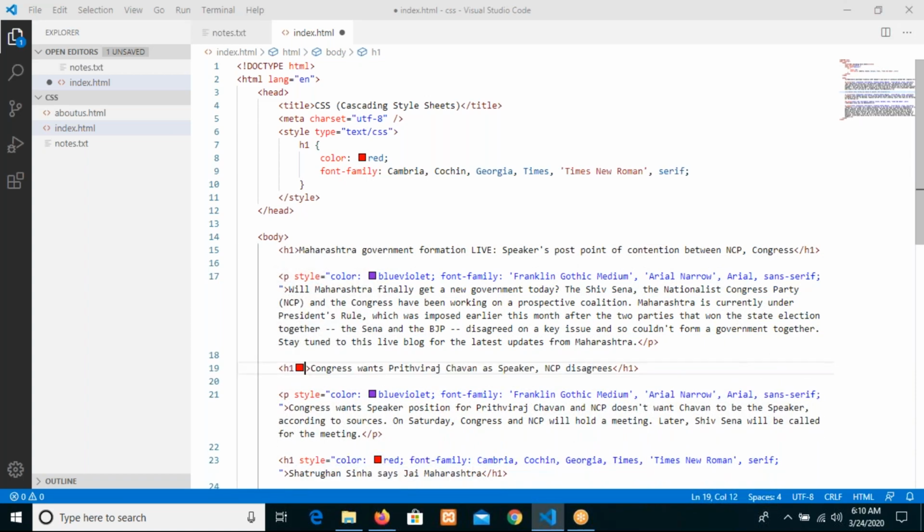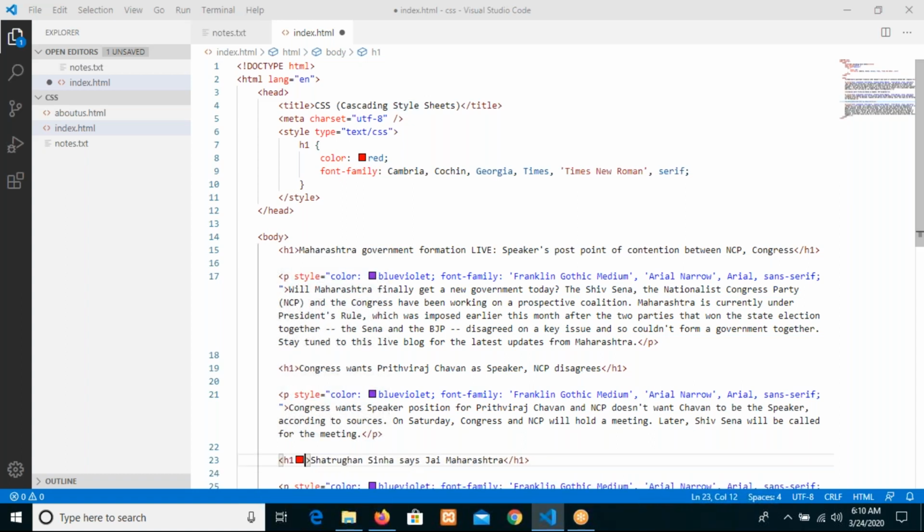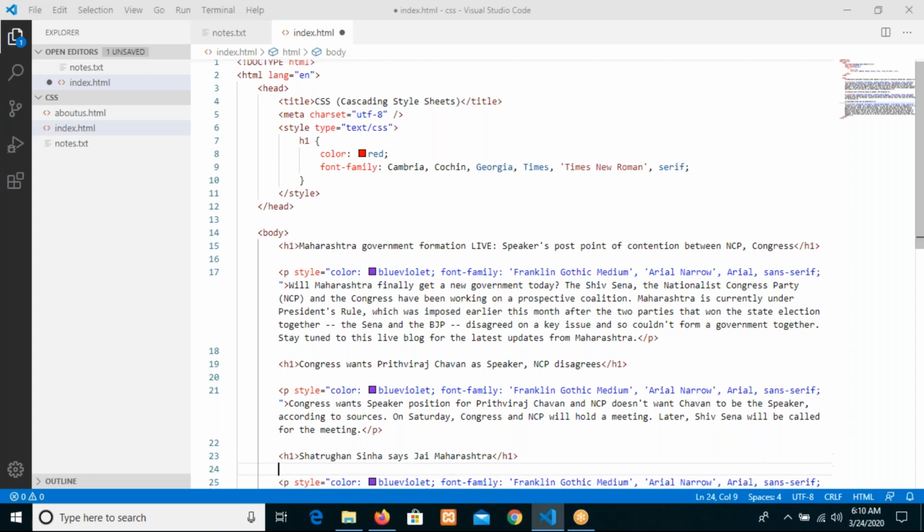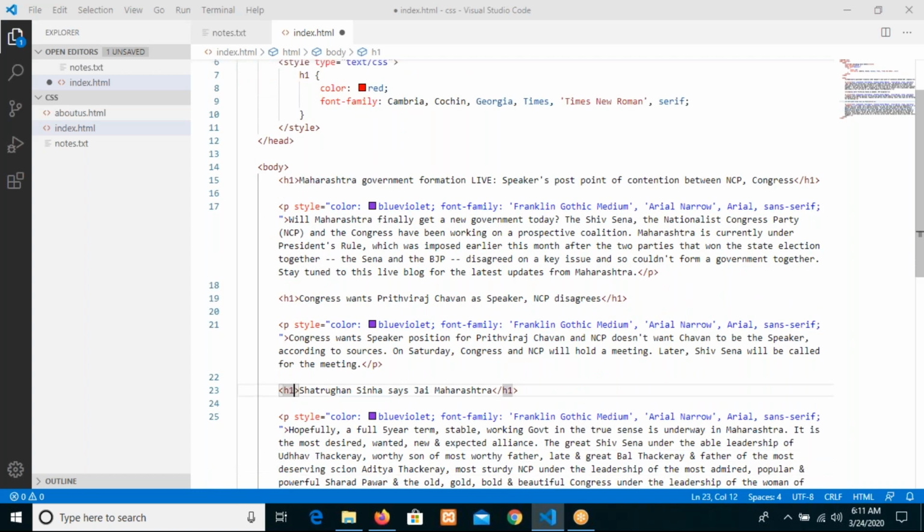So with one line, at one place of writing the properties and giving a call, it is reducing our work. At the same time, one more point we can say, if you write inline style along with